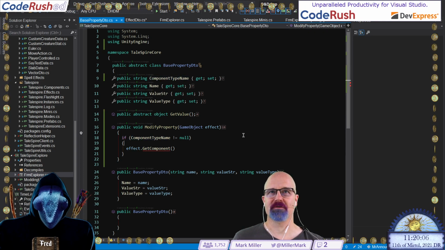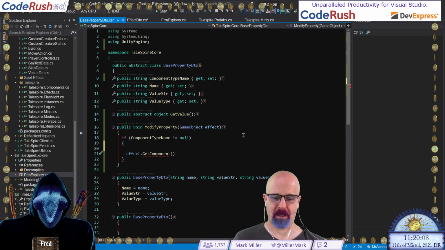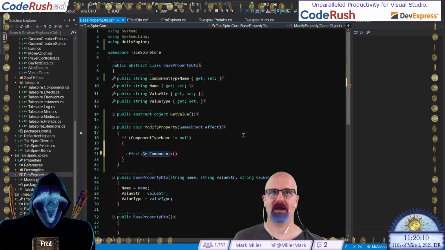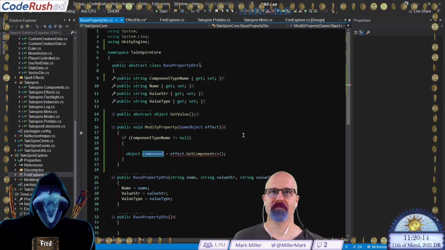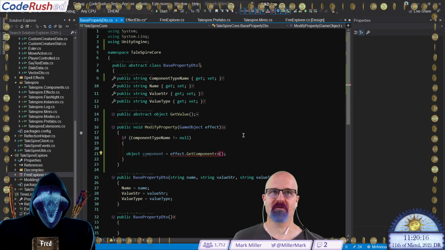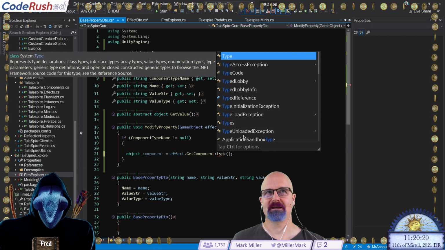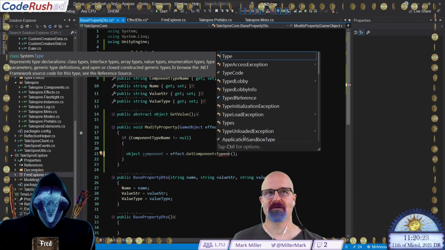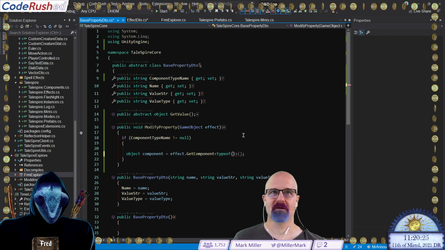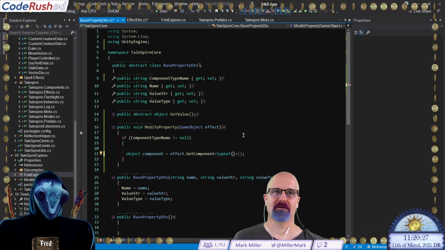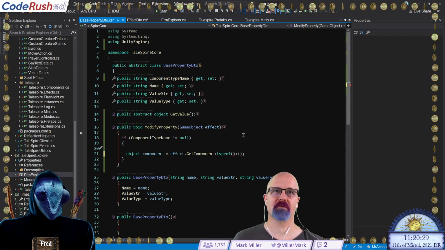Now we need to convert this into the right type to pop in there. I've never done this before. I don't know if it's as simple as saying typeof. I don't think it's going to work. But we need to get a type reference based on the name.